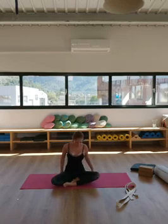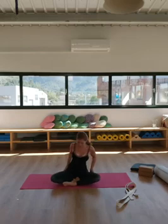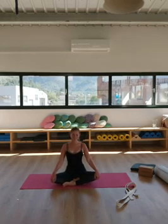Very nice. A nice, slow, gentle practice today. Breathing through the nostrils, nice and easy. And so placing the palms on the knees, we're going to grow the spine nice and tall. Take a moment here to spread the legs out, really widen through the sit bones. Anchor down. And then on the exhale,